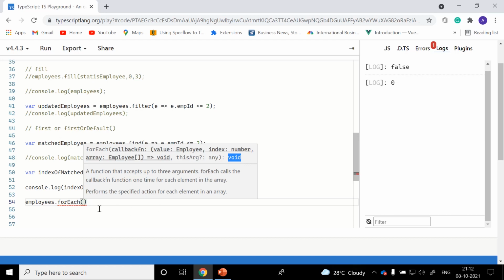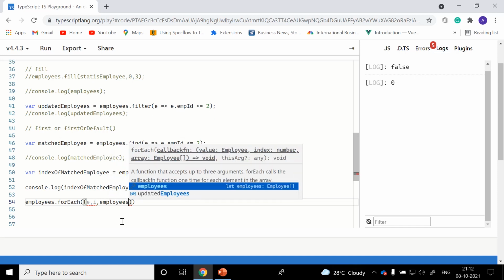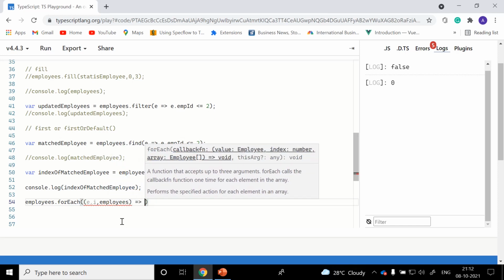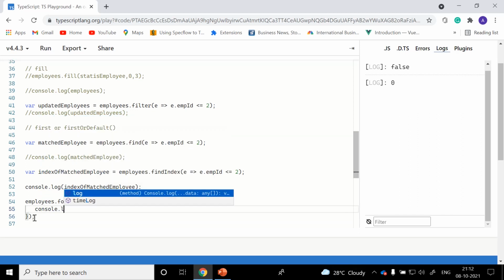For example, each element, comma index, and if you want to see the list of array objects, then employees. Let me log it.